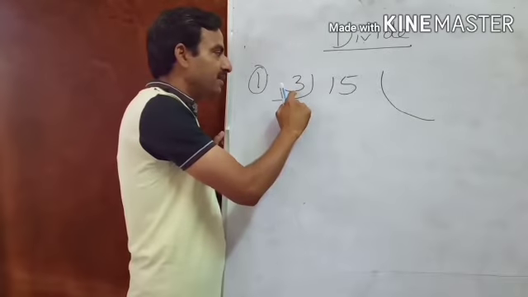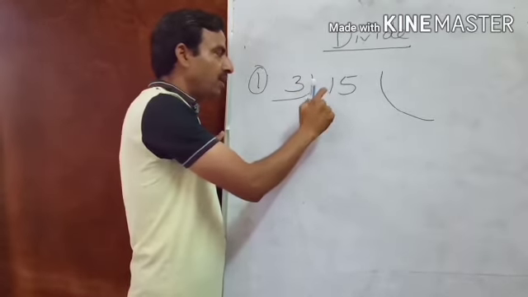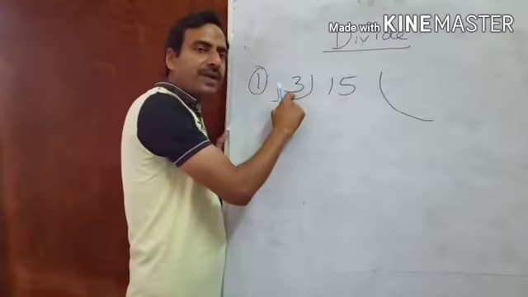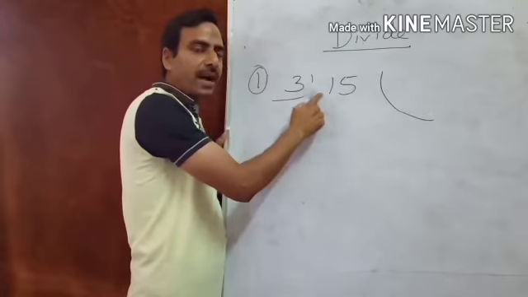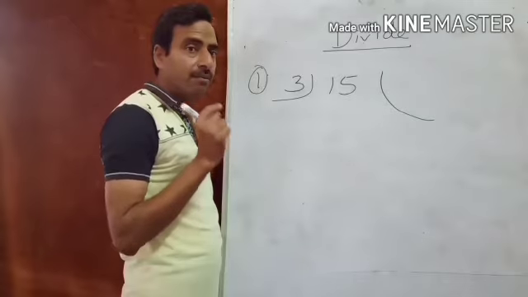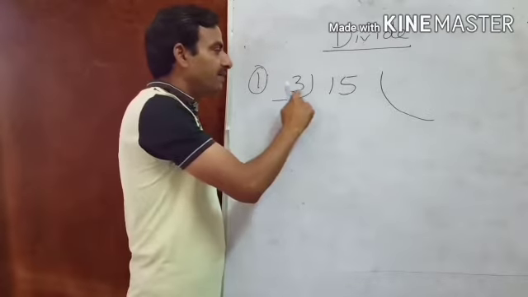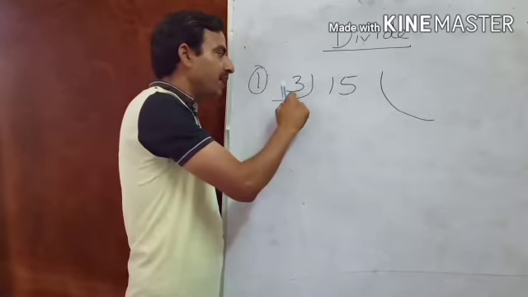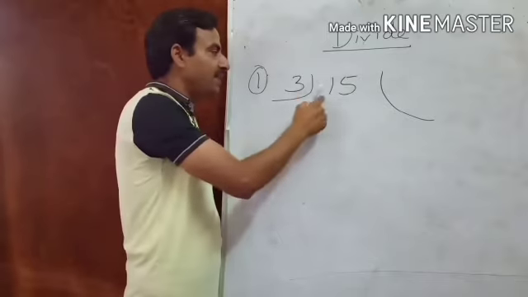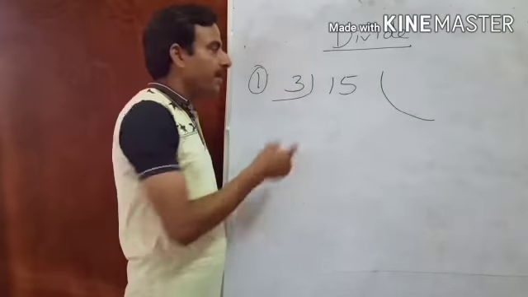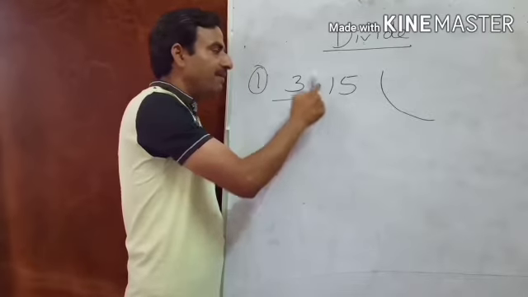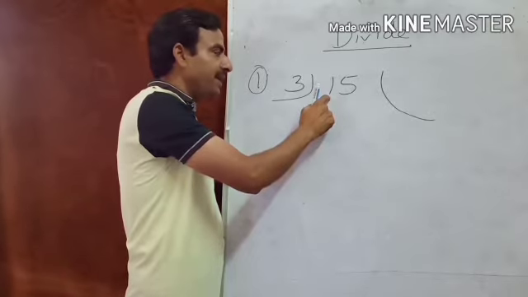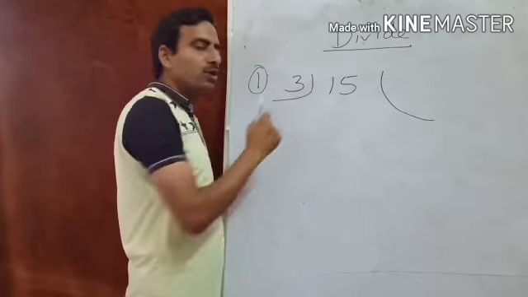First of all, we divide 1 by 3 because it is a 1-digit divisor. So we divide 1 digit of the dividend first. Keep this in mind. We have to check whether this number is more than the divisor or less than the divisor. If less than the divisor, then division is not possible. If greater than the divisor, then division is possible. So here the dividend is less than the divisor, so it is not possible to divide.